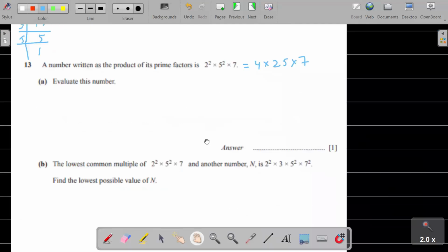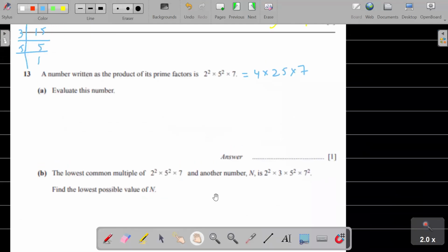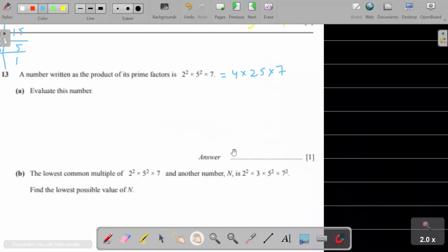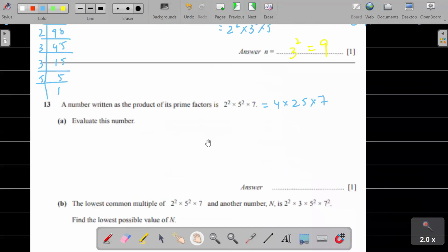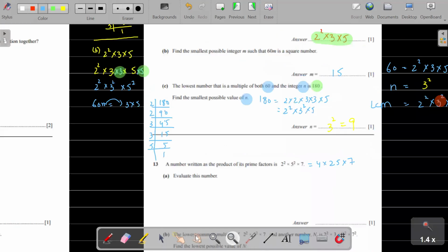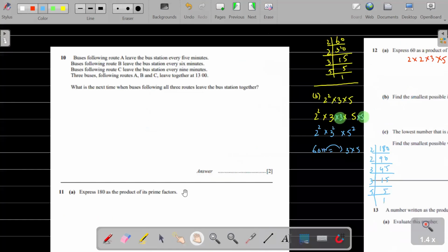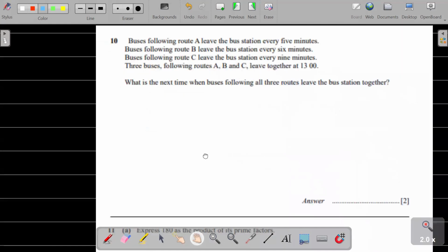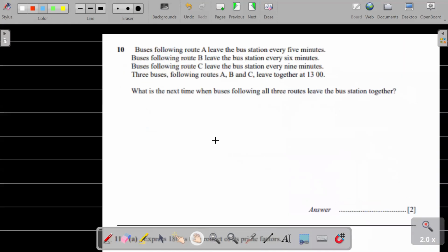Yes, we have solved this question, this is the same question. Okay, in this question, it says that